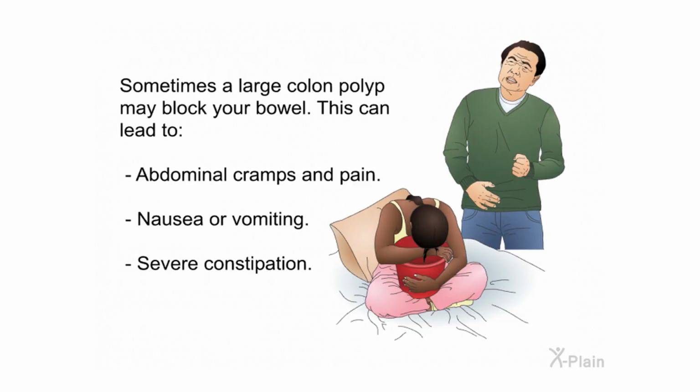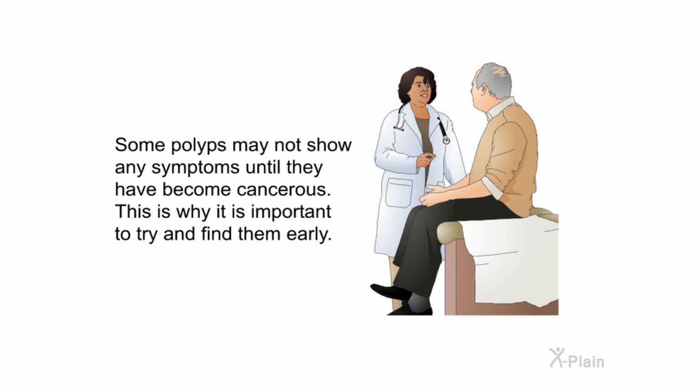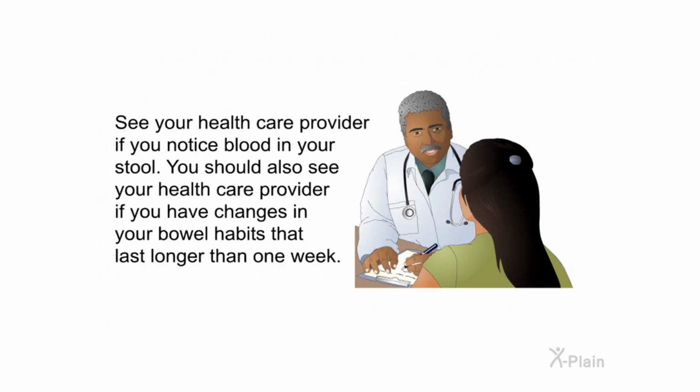Sometimes a large colon polyp may block your bowel. This can lead to abdominal cramps and pain, nausea or vomiting, severe constipation. Some polyps may not show any symptoms until they have become cancerous. This is why it is important to try and find them early. See your healthcare provider if you notice blood in your stool. You should also see your healthcare provider if you have changes in your bowel habits that last longer than 1